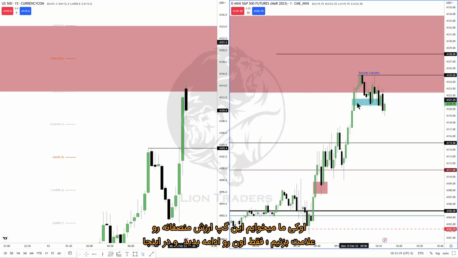Okay, so we want to keep this fair value gap annotated. Just extend it forward. And in here,